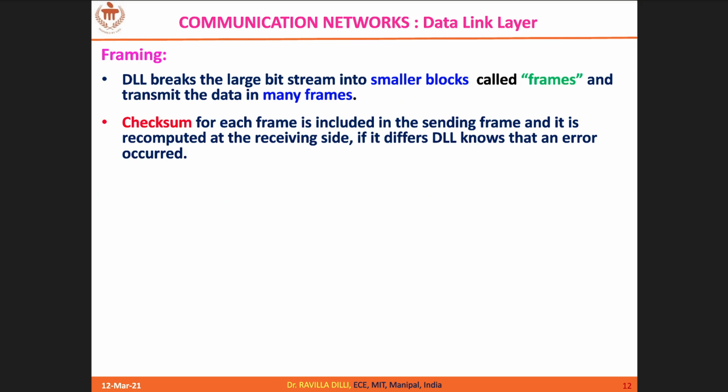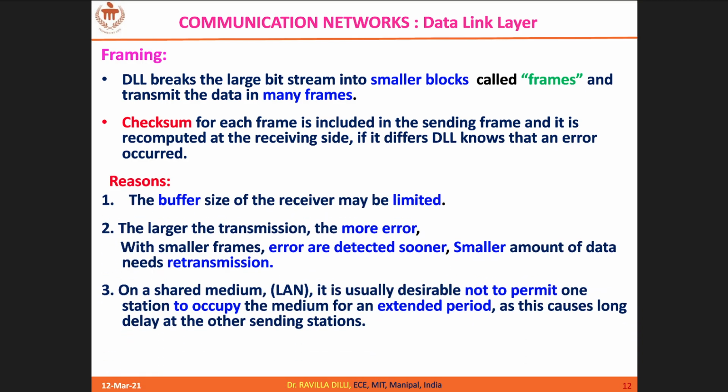Then coming to the functions, one is frame synchronization, framing. Here the idea is how to identify the boundaries of the frames. And why should we make frames? Why can't you handle the packet that comes from the network layer? Why can't you transmit the same? Why do you try to convert it into frames? The reason is that the packet may be large in size. If you straight away transmit a large packet, then at the routers in the communication subnet, there may not be buffer space. So that may be one reason.